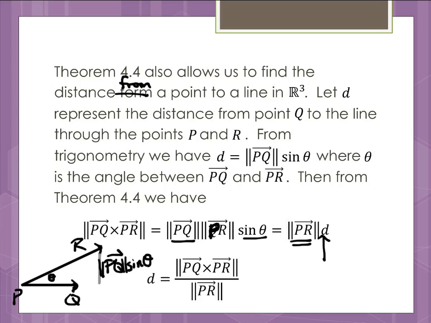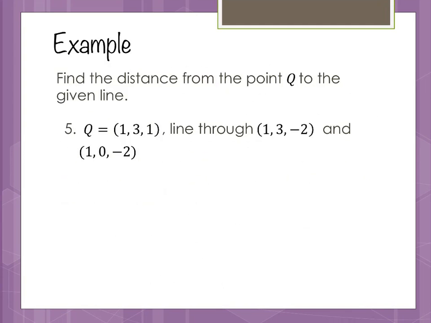All right, so we're going to use this fact and we're going to find a distance. So here are three particular points. Q is the point we're looking for. It says find the distance from Q to the given line. And they don't give us a line, they give us 2 points on the line, and then we're supposed to use that to find a line. So we're going to start there. We're going to actually first identify what my PQ and my PR are going to be. So PQ is going to come from, this will be P,